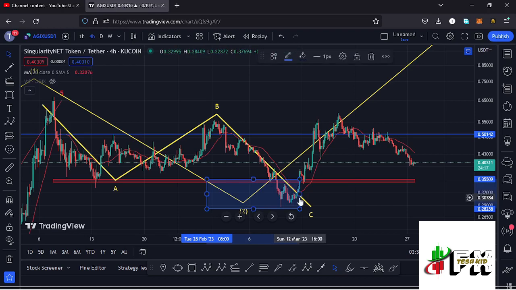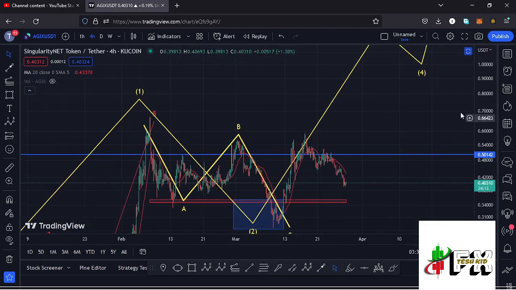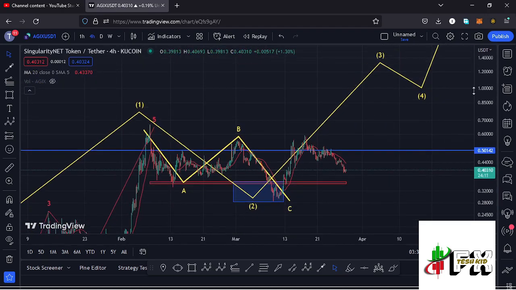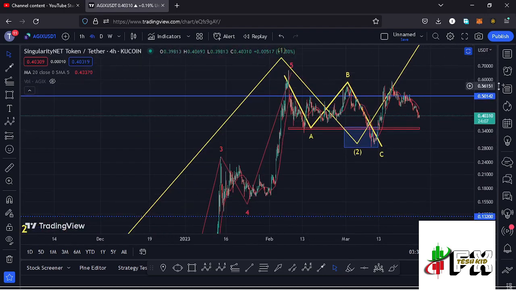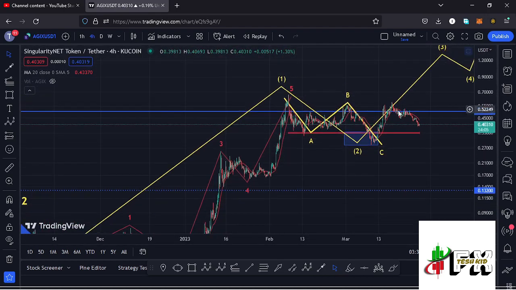And having managed to get into the minimum retracement area in the formation of this wave 2, I now believe that we have bottomed out in the formation of this wave 2, and whatever we are seeing at the moment is the start of a massive run up to the upper side in the formation of this wave 3,